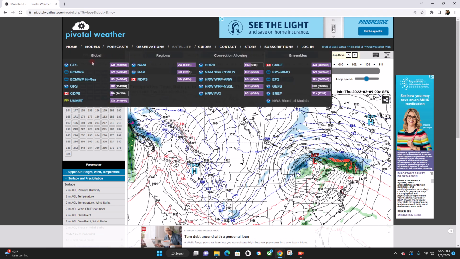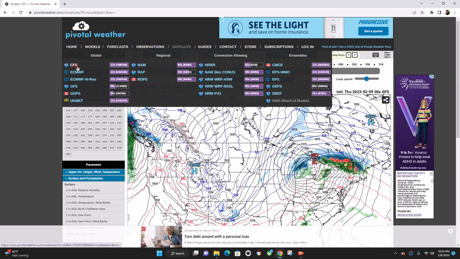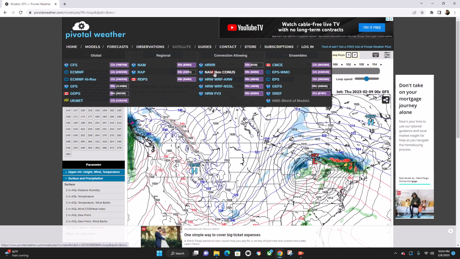Of course, there's several different global models. These are your medium range models. There is a long range model right there, the CFS, the European model, the American model, the Canadian model. And then you have some short term models here, the NAM, the RAP, and the Canadian short range model. And then you have very near term models like the HRRR or Triple R, the NAM 3K, and some severe